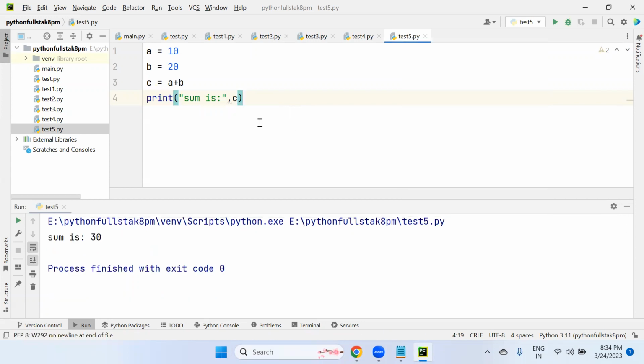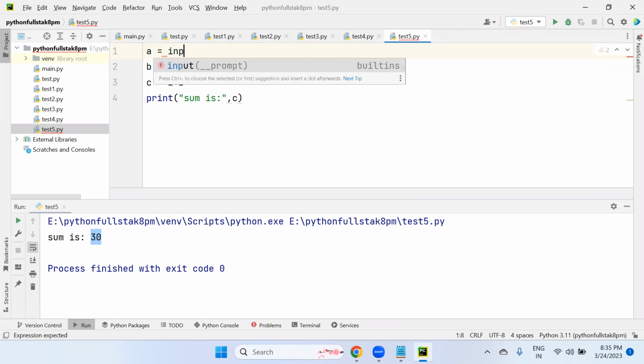When I execute this program, just for adding two numbers, it is a very simple program, sir. I'm just slowly starting this program. So A value 10, B value 20, C equal to A plus B, sum is 30. So 30 is not a big deal. But did I accept these values at runtime? No. Directly inside the program, I have just provided the values here, 10, 20. So let's accept these values also at runtime. Yes, we can also accept these values at runtime. How to accept these values at runtime? Just look at this input function.